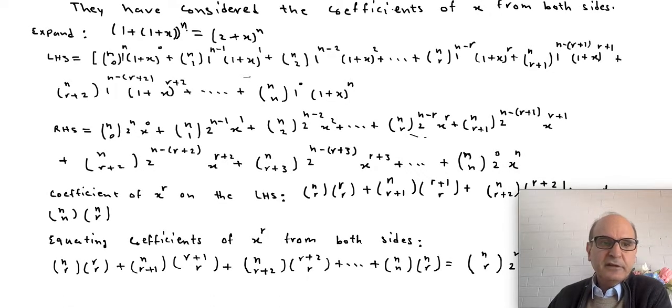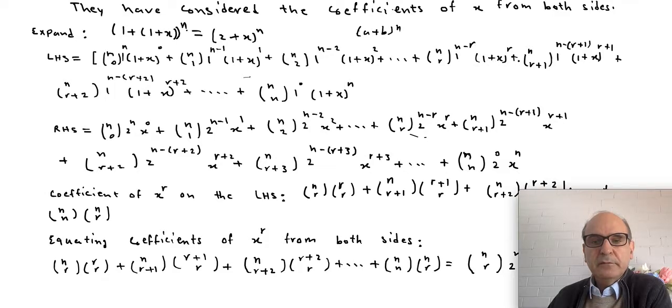So on my left hand side, when I'm expanding, I'm considering this bracket as my second term and this as my first term. So basically assume you're expanding (a + b)^n, and your b here is this bracket and your a is 1. Alright, so then you're going to have nC0 1^n (1 + x)^0, and nC1 1^(n-1) (1 + x)^1, plus nC2 1^(n-2) (1 + x)^2, and dot dot dot, nCr 1^(n-r) (1 + x)^r,